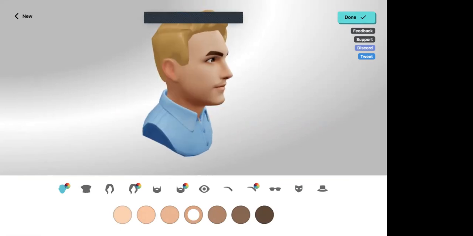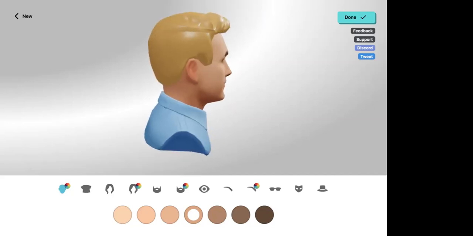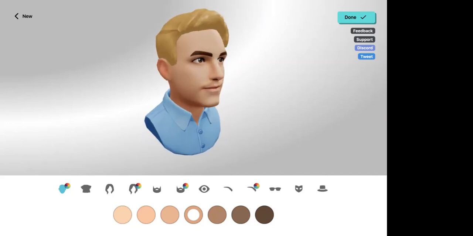Let's see, I should be paying attention to the chat here. It says, it's fun to try ReadyPlayerMe from a couple different photographs. Yeah, that's right, Monica. Hopefully everybody's having some fun and getting in here and getting their avatar customized. You've got about 3 more minutes to customize that avatar.